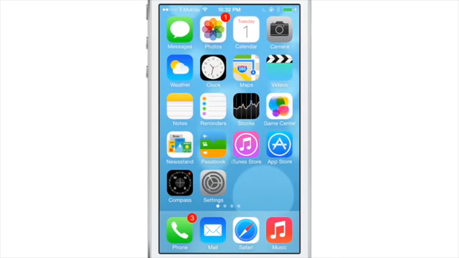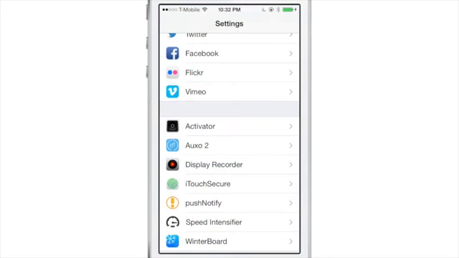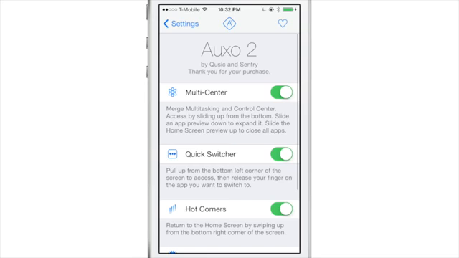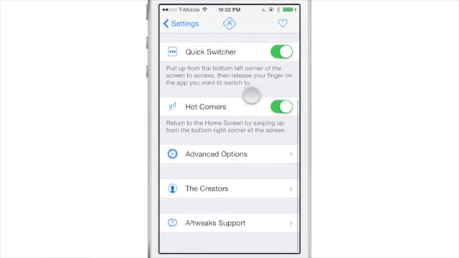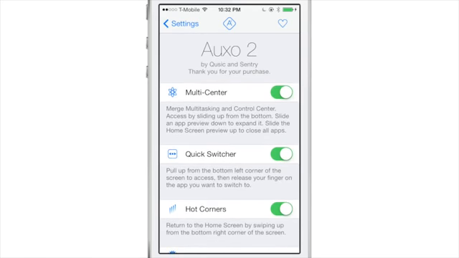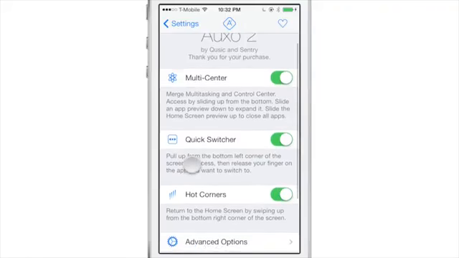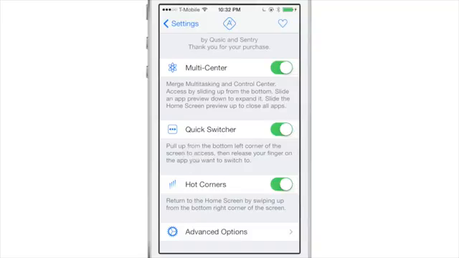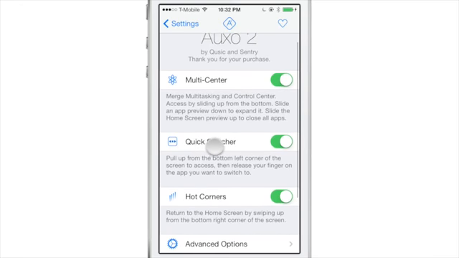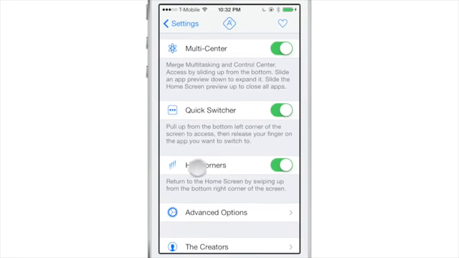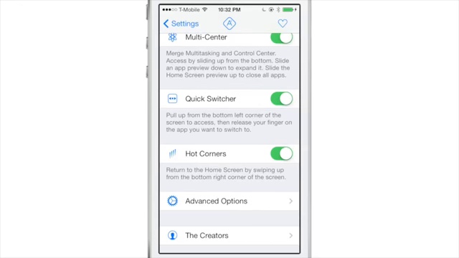So now let's venture into the preferences for Auxo 2. Right off the bat, you'll notice 3 toggles. The first toggle is for multi-center, and that allows you to basically merge the multitasking and control center like we showed you earlier. You can enable that or disable that if you want to directly from the settings. Then is quick switcher. This is actually, in my opinion, the flagship feature of this tweak. And last but not least, you have hot corners, which allows you to return to the home screen by swiping up from the bottom right hand corner of the screen,